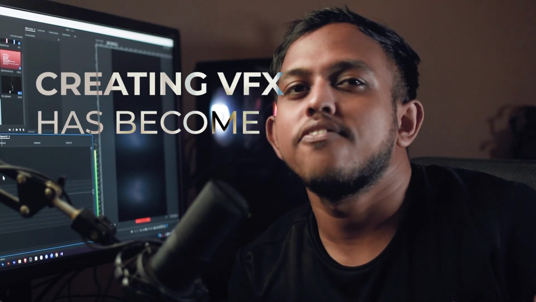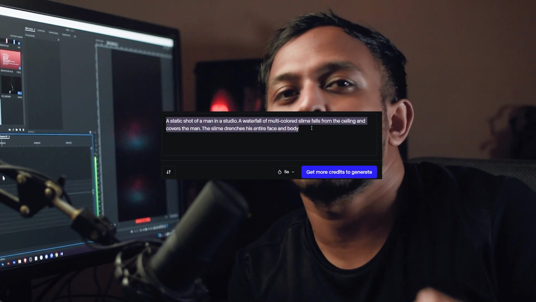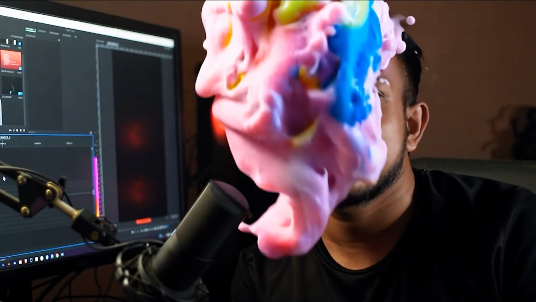Creating VFX has become very easy. You can now do that with just a prompt and a click. The example that you just saw was done using generative AI in RunwayML. There are other websites like Kling, Luma and Pixverse that do the same thing, but I'm gonna test out and